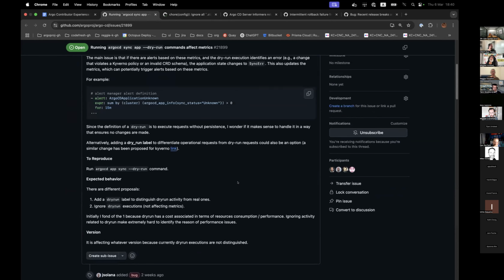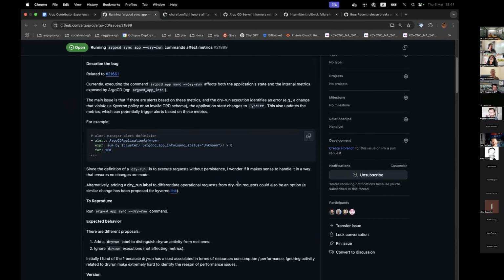So let me explain the issue in case I'm wrong about anything. Basically, when you do a dry run, the Argo CD app controller populates the last sync field in the app status with the result of that dry run. And that's problematic for a number of reasons. You lose track of the fact that it was a dry run and not a real sync that actually occurred. You lose information about the last actual sync that occurred. So it's just confusing and strange.